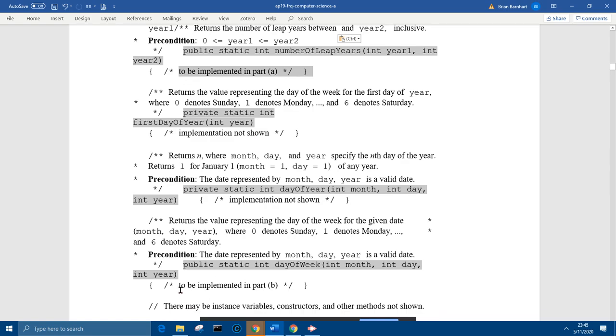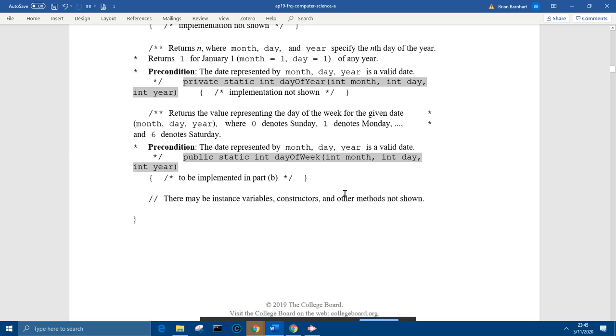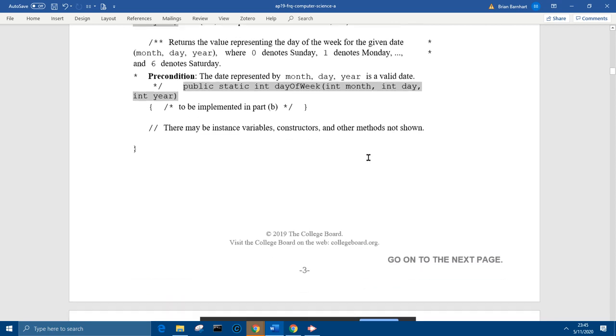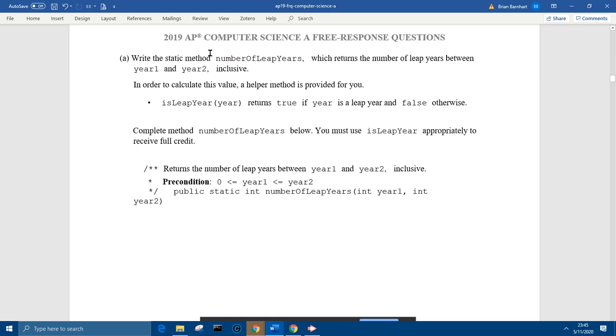This other stuff seems to be getting used for part B. So let's go ahead and jump into part A. There may be instance variable constructors and other methods not shown. Basically, anything that you've written so far in Java, you can write here. So let's check A. Write the static method